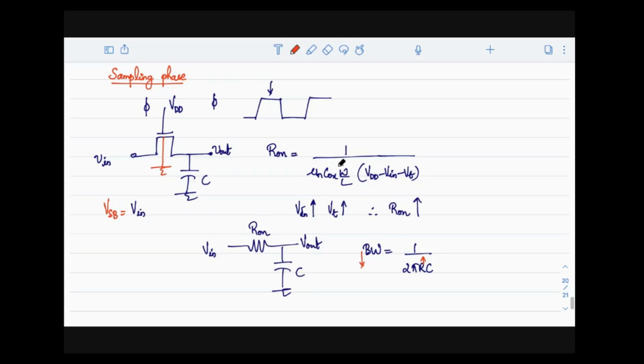Now, how can you restore bandwidth, or how can I have control over bandwidth? At this moment we have only one variable, that is W by L. By playing around with W by L, we can have whatever bandwidth we want. But again, there will be a compromise, because we cannot include a very huge transistor only for this sake. So this is one of the limitations in the sampling phase, which is bandwidth limitation. But to some extent, we can have a good choice of W by L, which can give you whatever bandwidth or whatever signals you want to process. So bandwidth limitation is one of the concerns.